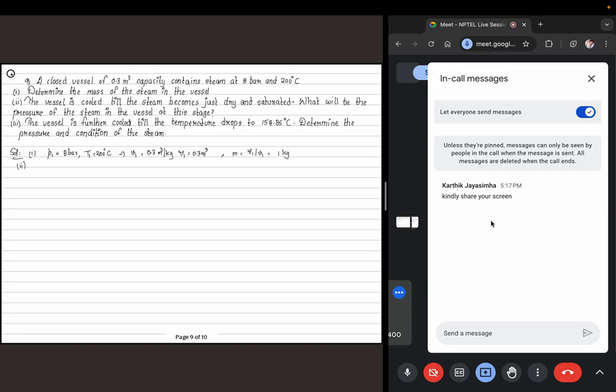Second part: the vessel is cooled till the steam becomes just dry and saturated. So basically you are in the superheated region and now you are moving to the saturated vapor state. What will be the pressure of the steam in the vessel at this stage? It is a constant volume process. The vessel is actually a closed vessel, so the mass is also remaining constant. So your specific volume also remains constant. So if you were to plot it on the PV diagram,